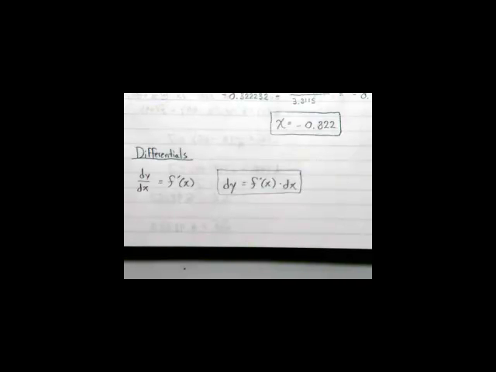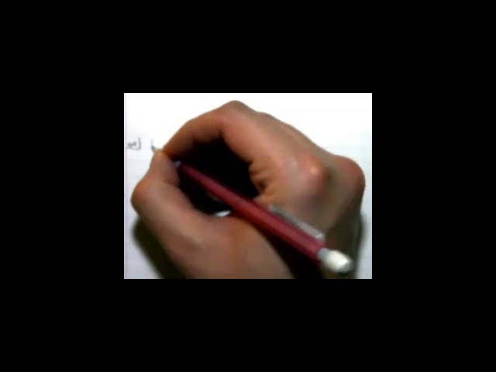So what can you do with a differential then? Well, you get a question kind of like the following. So you might have something that says, find